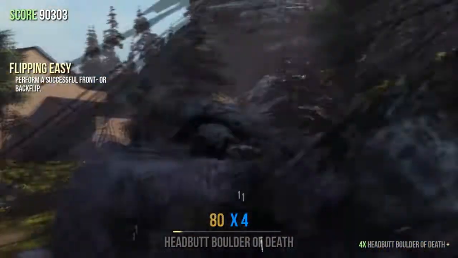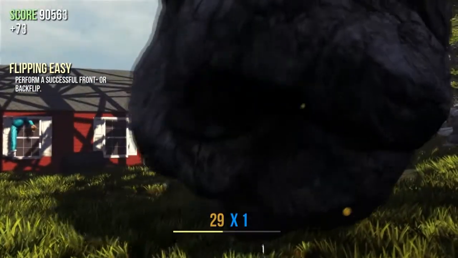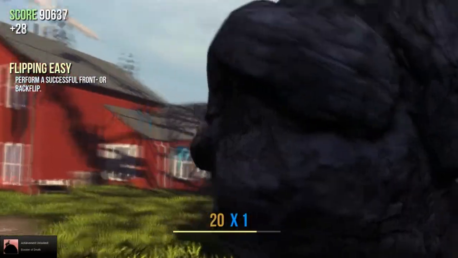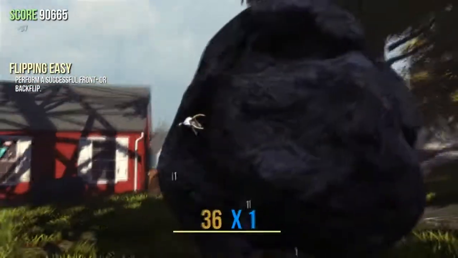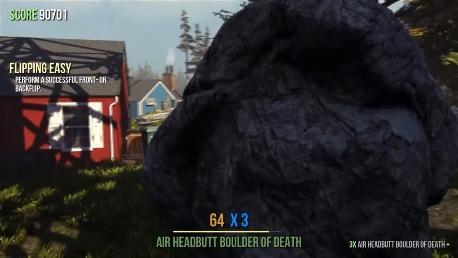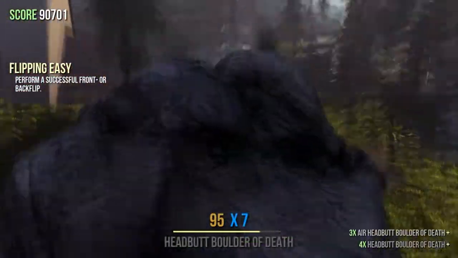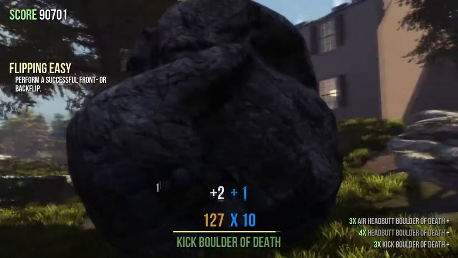Now, here's a bug. I'm stuck in the boulder. This is not supposed to happen. So I actually have to use ragdoll mode and try to move myself around here. Yeah, I don't know. And somehow, I think I get out of this somehow. I'm headbutting it inside the boulder. I am part of this boulder now. I can't get out. So, I mean, for $10...